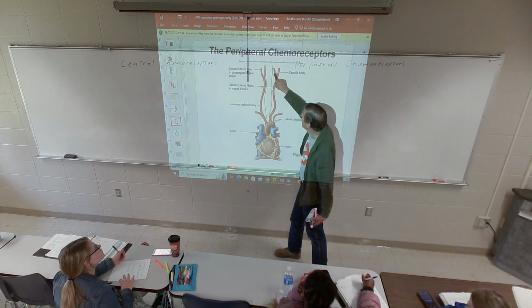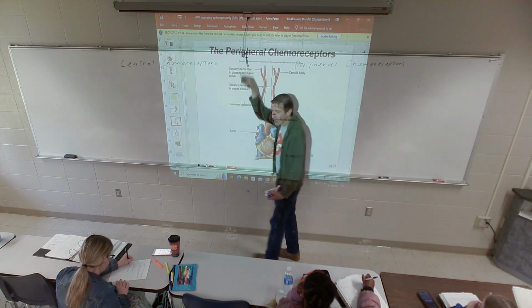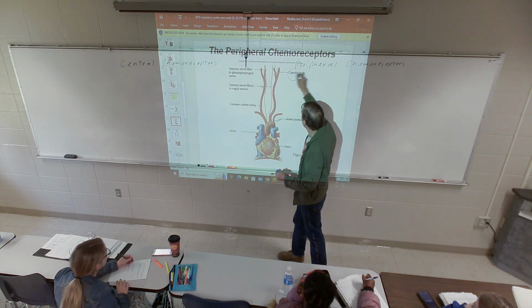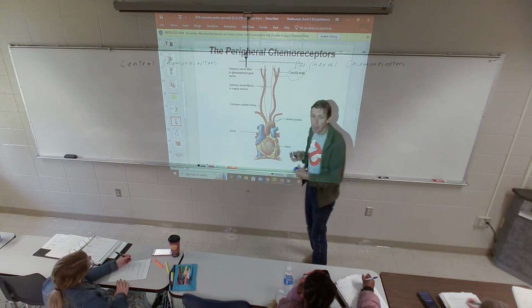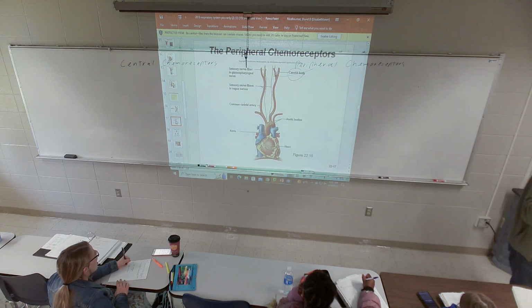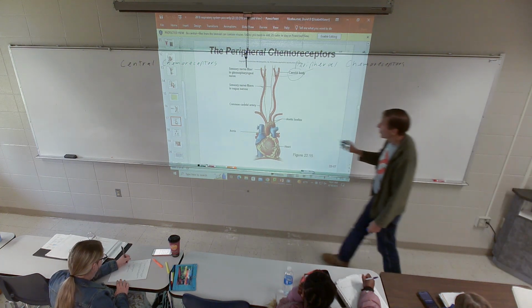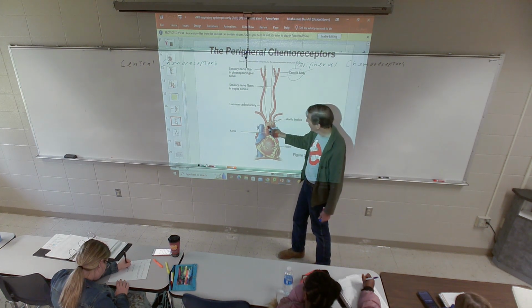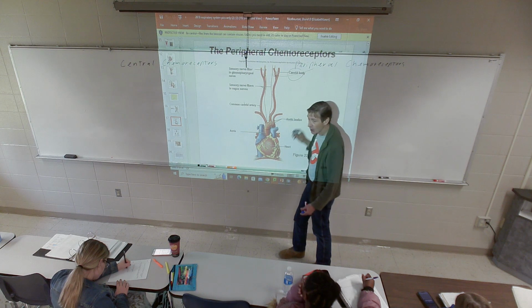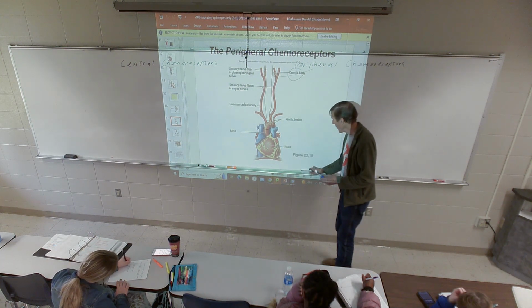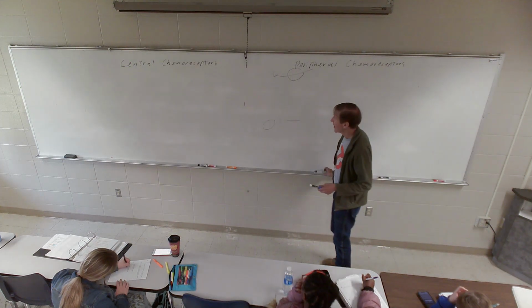The reason I partly pointed those out in lab, inside the carotid sinus, or associated with it, kind of where they split, there's something called a carotid body. That's a peripheral chemoreceptor. It's monitoring the chemical makeup of the blood as it goes towards the brain. You've also got some in your aorta. Down here it's showing you some sensory chemoreceptors. Again, these are peripheral, so they're called aortic bodies. These are monitoring characteristics of the blood as it leaves the aorta. So you've got two sets of sensors.